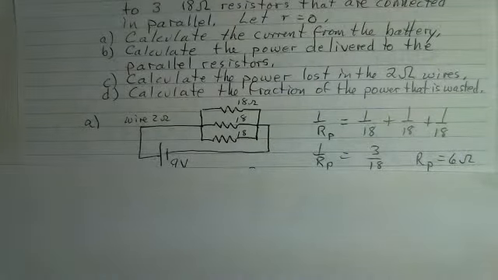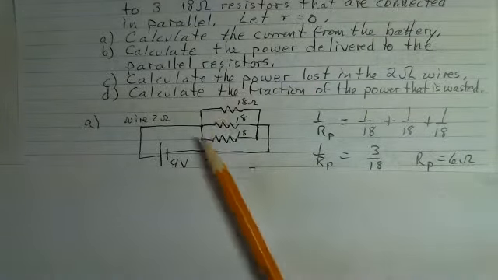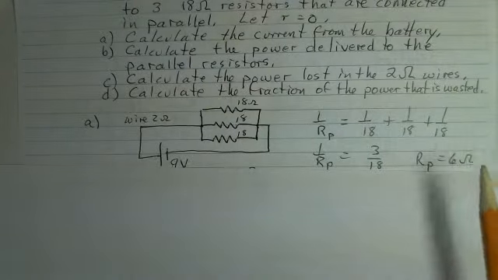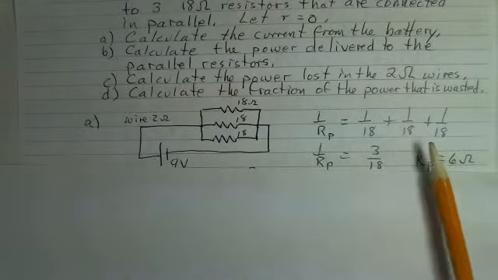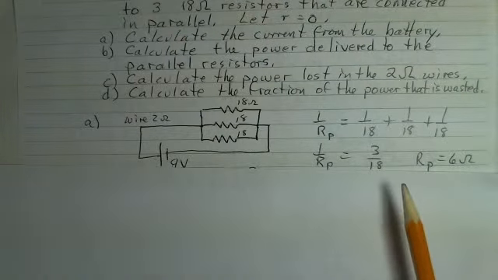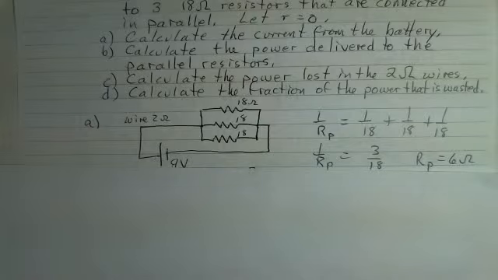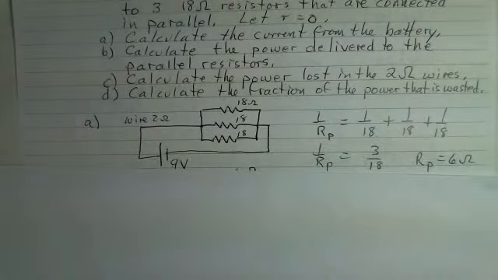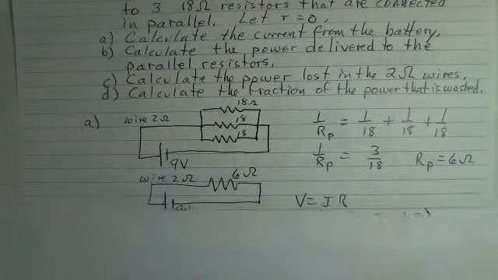Our first step would be to simplify the parallel arrangement. We use our reciprocal calculation for that. 18 is a common denominator, so there are three 1/18th terms. 3 over 18, we invert both sides. RP is 6 ohms. We redraw the circuit with the battery, the wire, and the 6-ohm net resistance for the